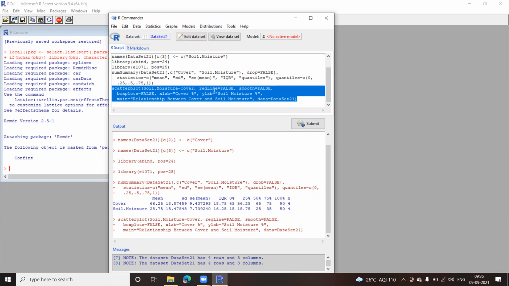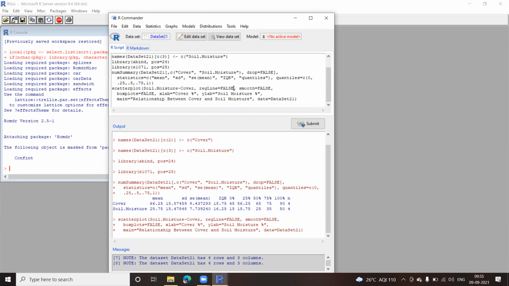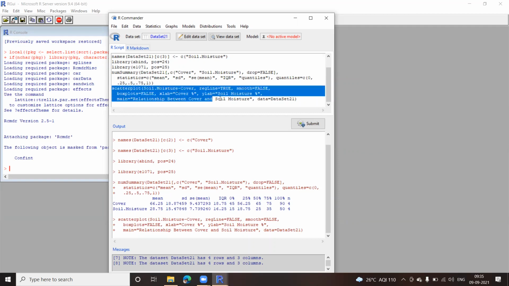This is a regression line which is false right now. I'll just change this to true because I want to see one regression line there. Smooth and the rest I'll just keep false. Let us keep the box plot false only right now. I'll just select this now. You can select this and click on submit.